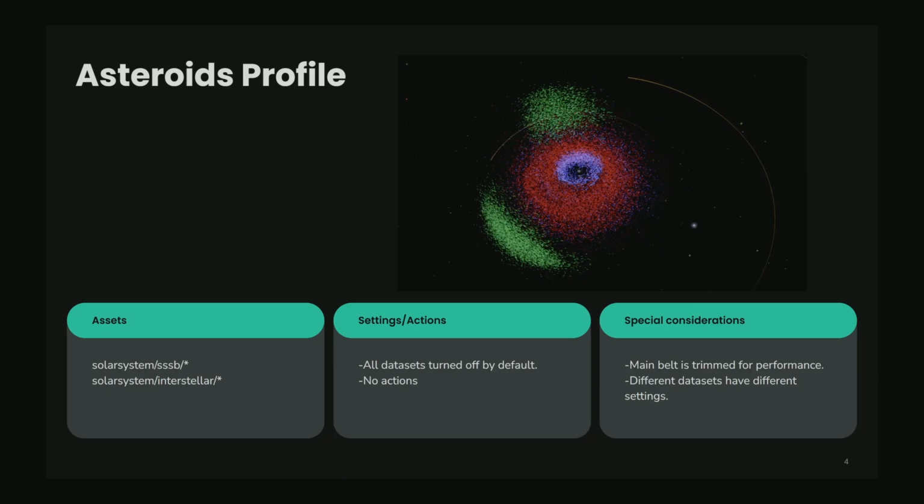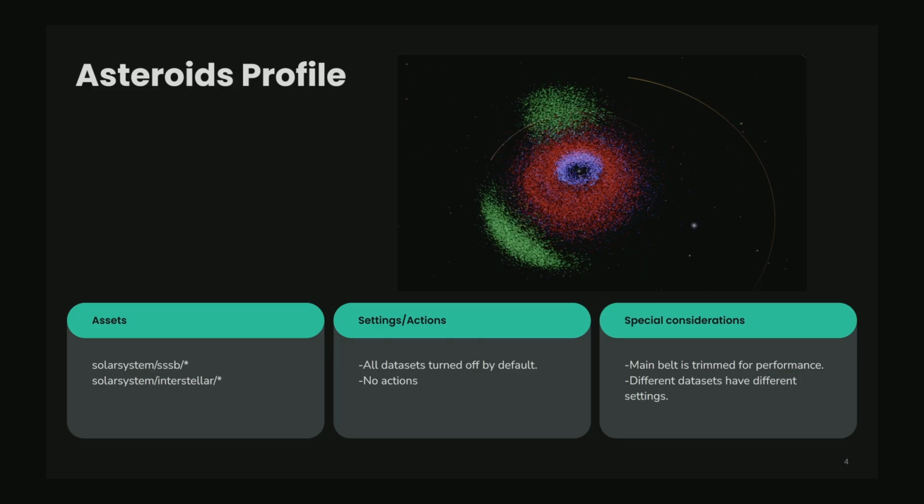So basically we have these 2 folders in the solar system, one that is SSSB, which stands for Solar System Small Bodies. That's an acronym that comes from JPL Horizons. And then this other one, which I always thought was really funny, is Solar System Interstellar. I just thought it was funny because it's like, wait, is it? Make up your mind. But it's interstellar objects that have entered our solar system. So these are the items in our asteroids: those 2, Borisov and Oumuamua, and all of the asteroids that come from